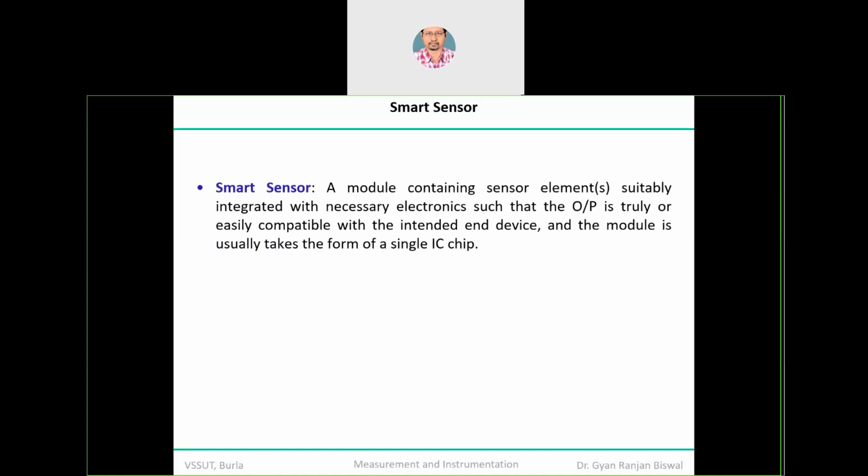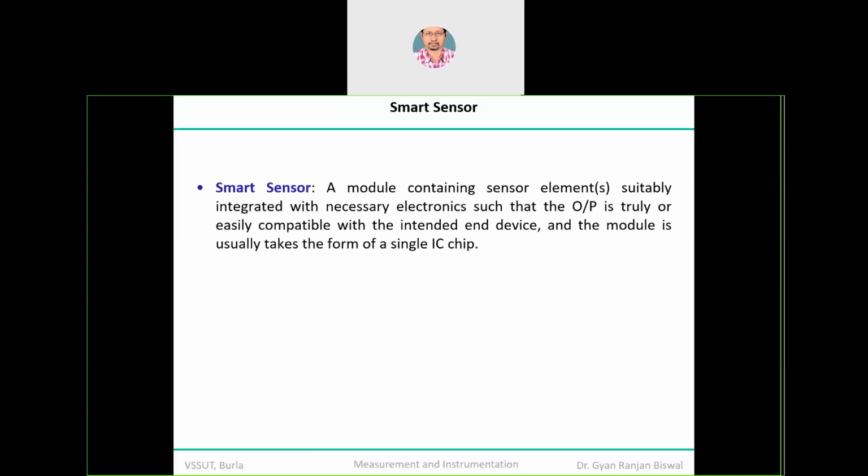So a module containing all the necessary sensing elements which is required, suitably integrated with the necessary electronics, here meaning signal conditioning device, so that the output is truly or easily compatible with the intended end device. Be noted. What do you mean by the output being truly or easily compatible? That means if you want a reading between 0 to 5 volt at the end, so your sensor should have